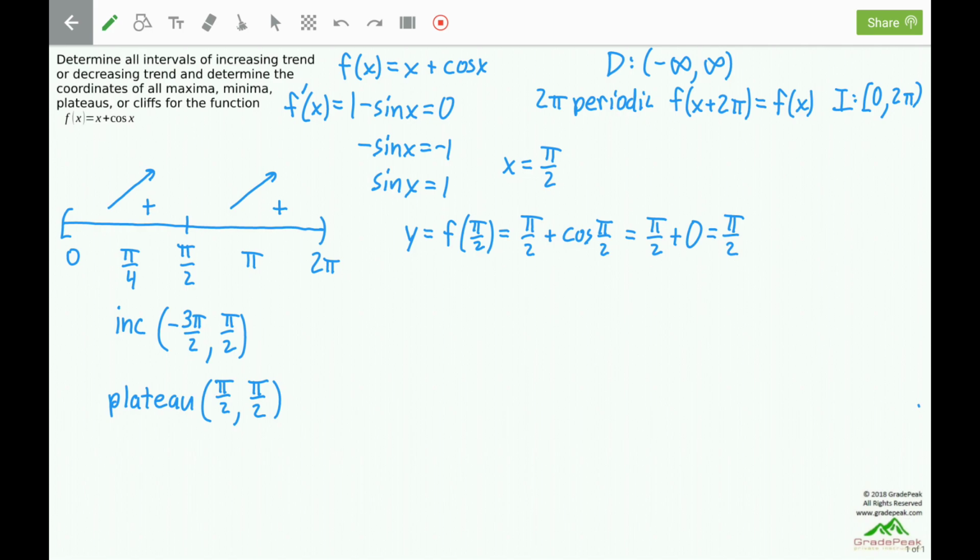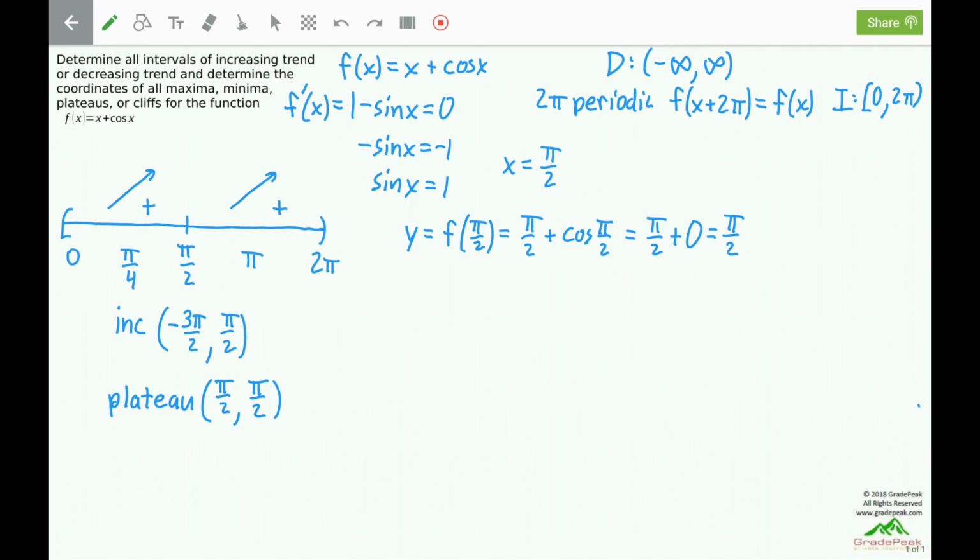It's an increasing plateau. So plateaus, they have a first derivative that's 0. So they briefly go horizontal, but it's increasing on both sides. So it'll look something like that on the graph. There is the results over one full period of width 2 pi. We can now extend these results to the entire domain of negative infinity to positive infinity using the 2 pi periodic nature of cosine x by adding to each of the x values 2 pi, the period, times n, an